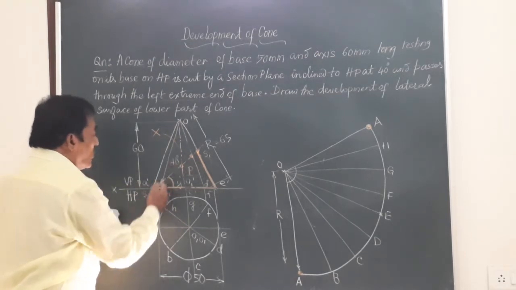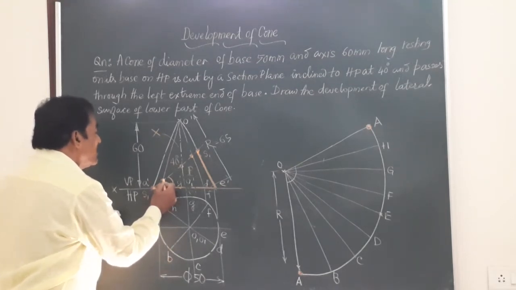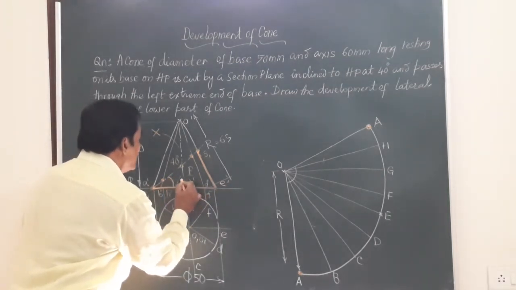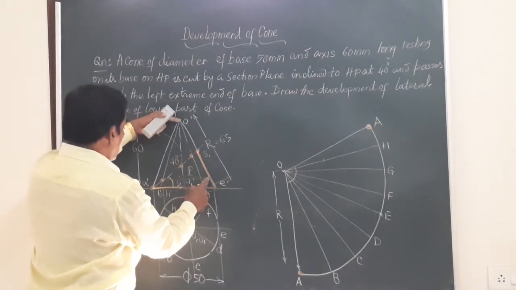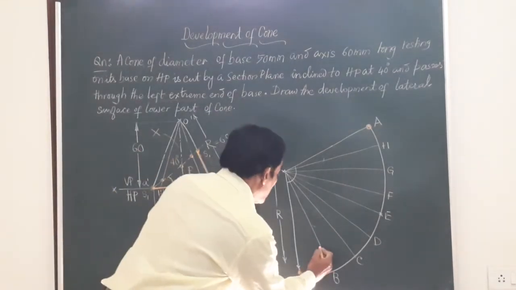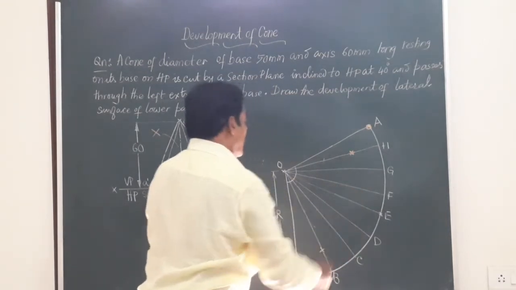Next, coming to this point on OB and OH. These OB and OH are not the true length because here these are inclined to VP. So we can shift that point either to the left or to the right, to the true length line, and mark the distance on OB and OH. So you will get equal distance OB here and on OH here, you get that.